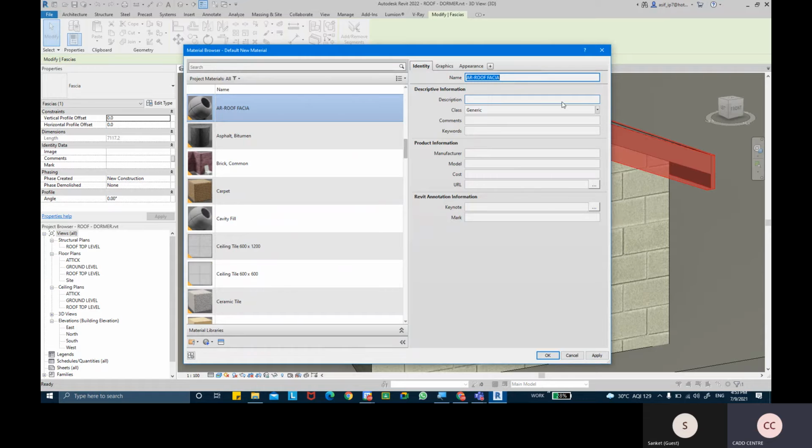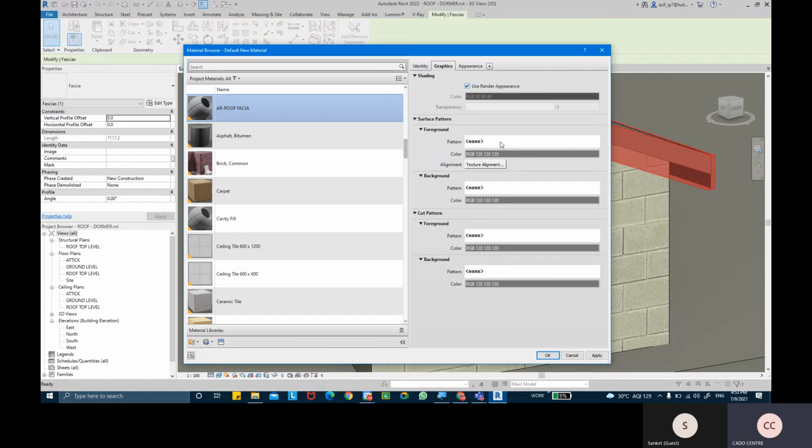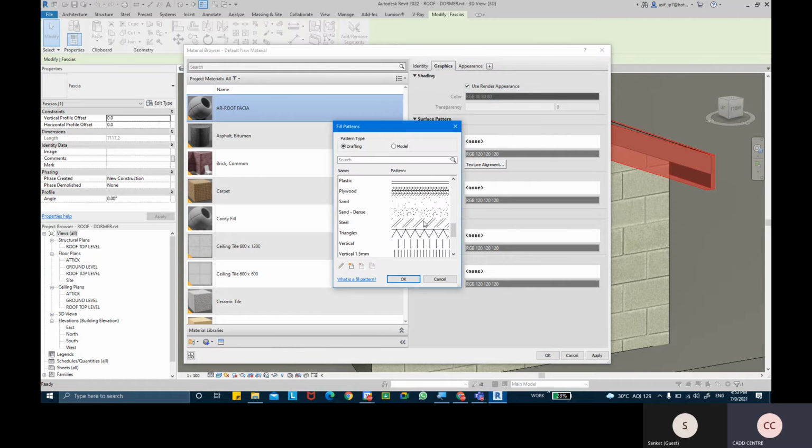Very quickly, I'm going to take woods from here and add the graphic information. Woods only. Nowadays we get PVC fascias as well, but very few. If you have a little bit older projects, then we do.